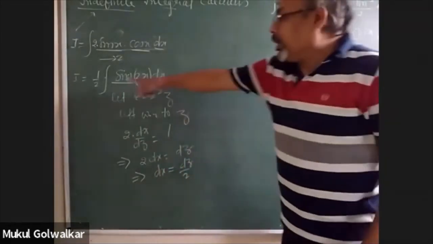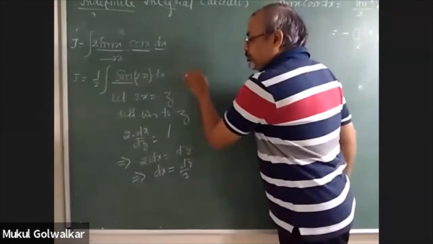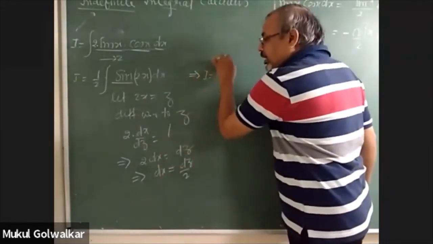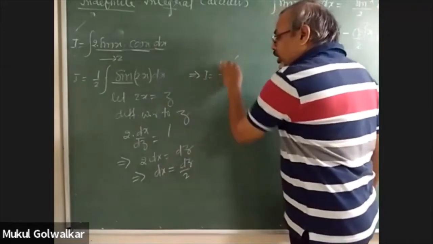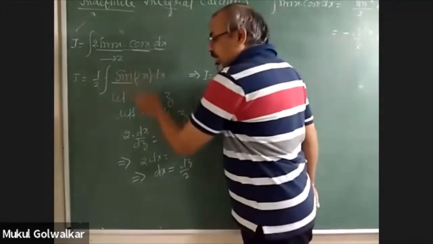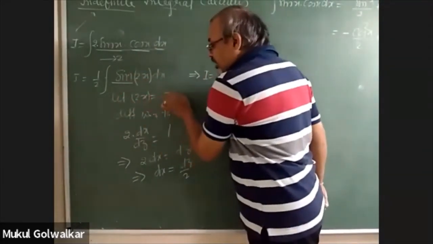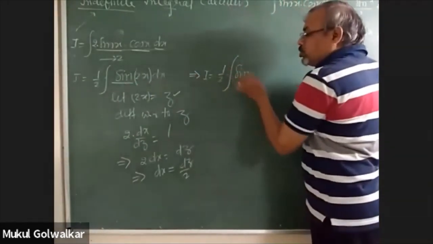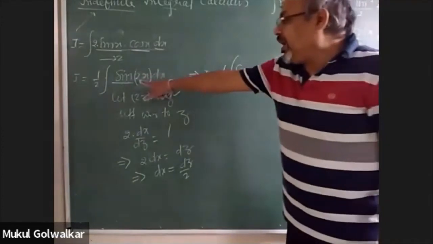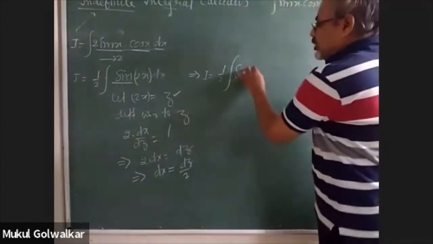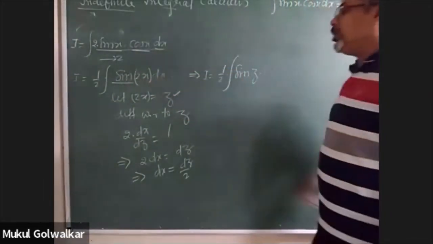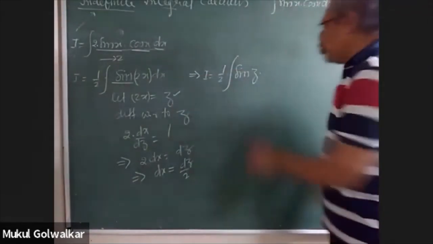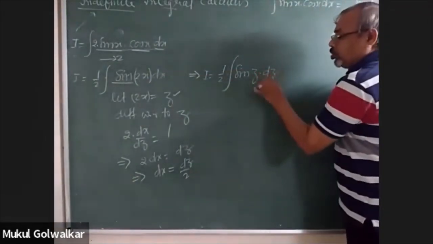Okay. So now, after following all these steps, the value of the integral becomes 1 by 2 times integration of, as I said, the innermost function we are writing z. So this function remains the same. Here I am going to write down sine. In place of 2x, I have assumed the variable z. So I am writing sine z multiplied by, in place of dx, dz upon 2.